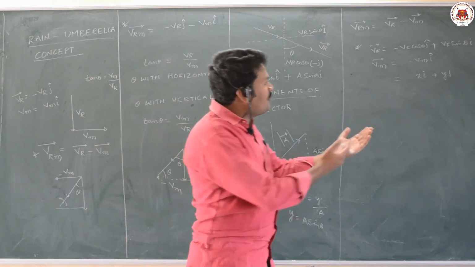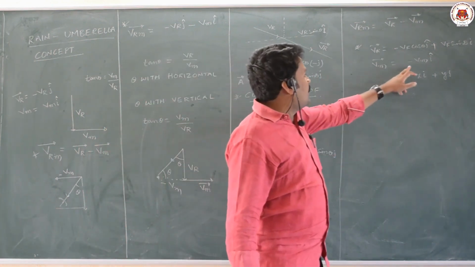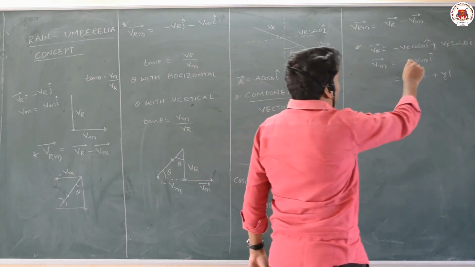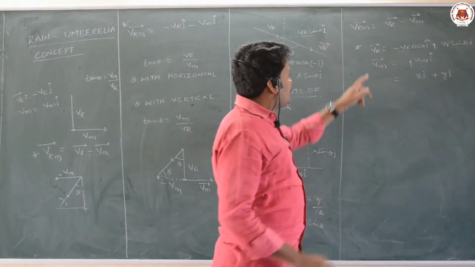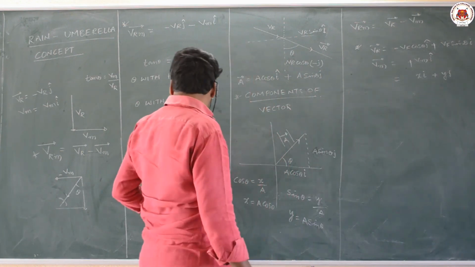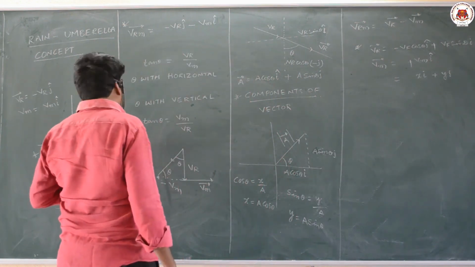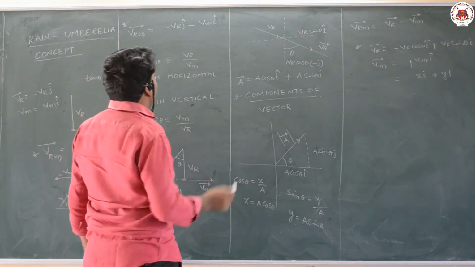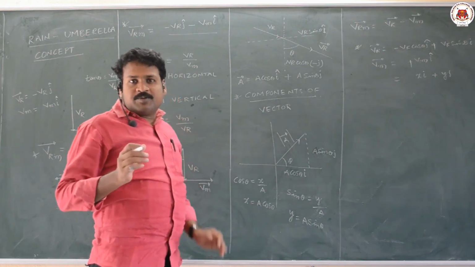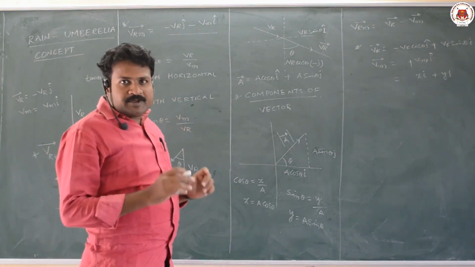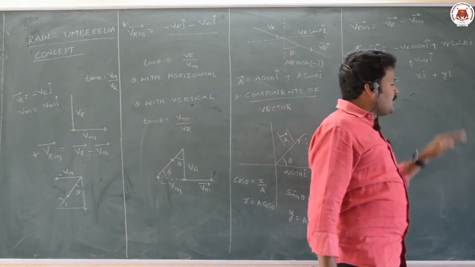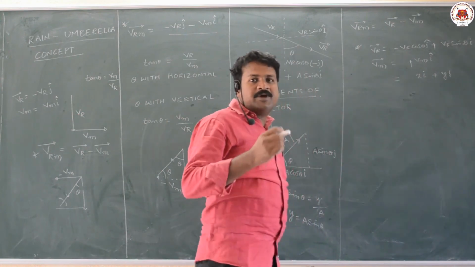Suppose if the person is running backward, then this value will become plus, because when you are calculating relative velocity, here you can take plus only. After subtraction you will get minus there. Vr bar minus Vm bar you have to do. In the direction of relative velocity, you have to hold your umbrella. So when two bodies are in motion, you have to calculate the relative velocity. One of the applications of relative velocity is the rain umbrella concept.